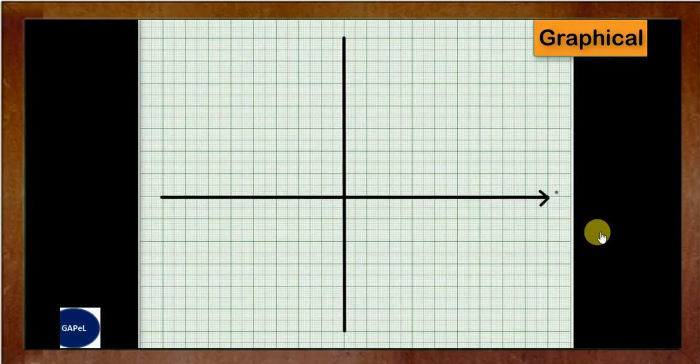So I'm plotting on graph paper. So this is my x axis and that is my y axis. So I'll just plot. So you can see here 0, 2, 4, 6, 8. I'm plotting a series of even numbers.